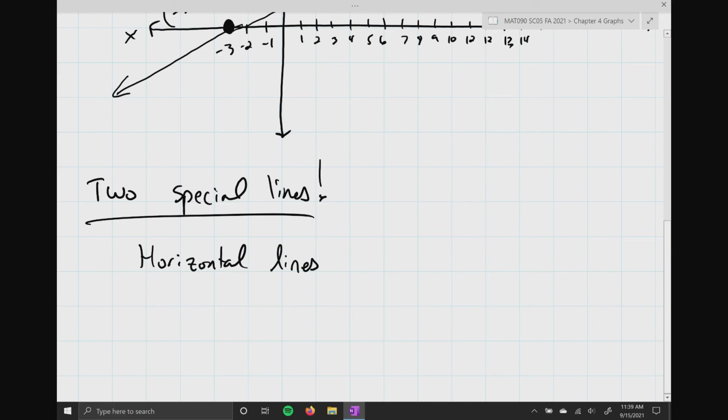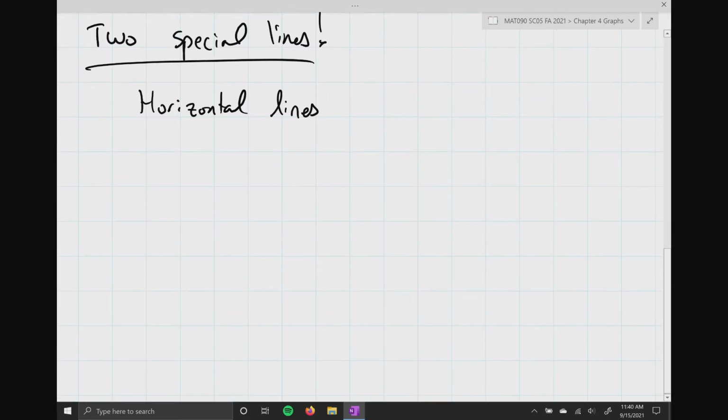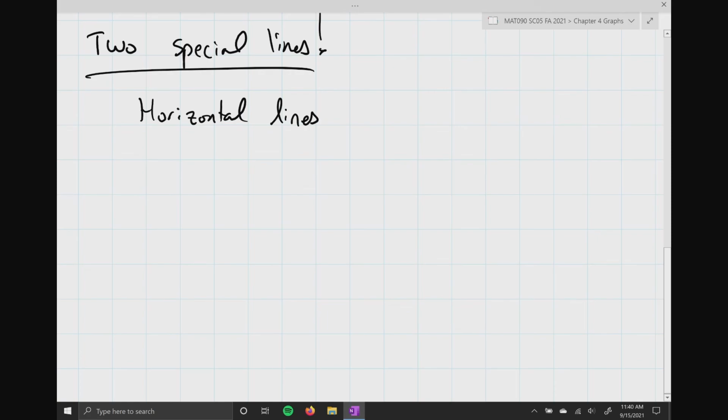Oh. Wait till section 3 for that. Okay? Because there's something we're going to learn in section 3 that when you put it in standard form, graphing becomes super easy. Okay? So the two special lines I want to talk about are horizontal lines